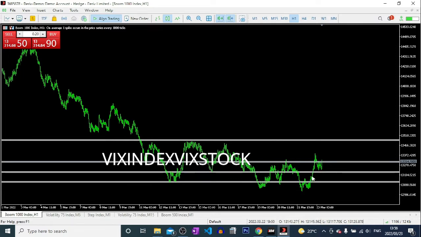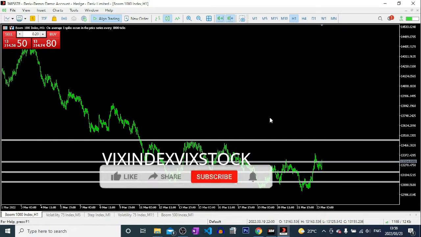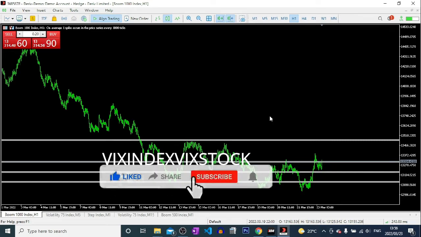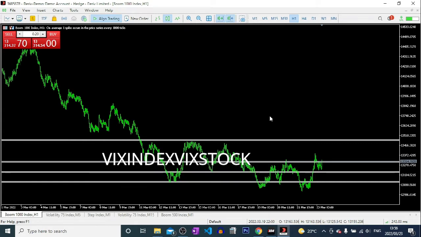Of course, this is boom and crash. If you go to the 1 minute time frame, 5 minute time frame, you're going to see the spikes. When it's boom, it spikes up. When it's crash, it spikes down. But those spikes have got nothing to do with news like FOMC, or the other interest rate decisions that you find in forex trading. They have got no actual real world condition.